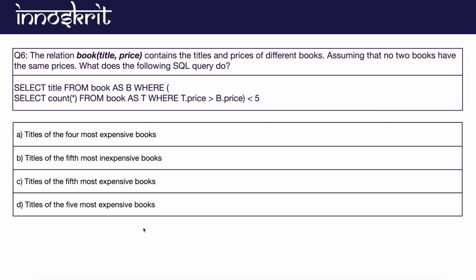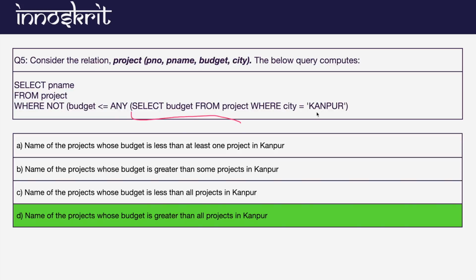Now let's understand the next example. The next example again is very, very important. Let's try to understand this example. If I look at the difference between this query and the previous query, you will find this inner query is not using any attribute of the outer table. This is the outer query table, project.